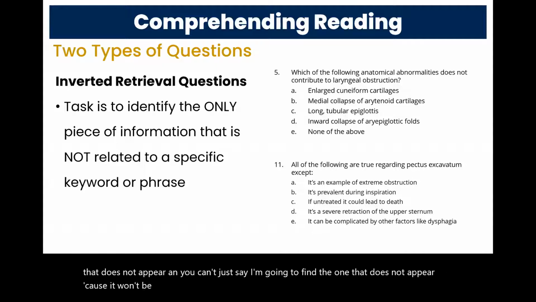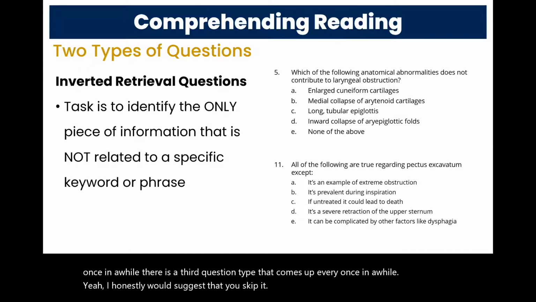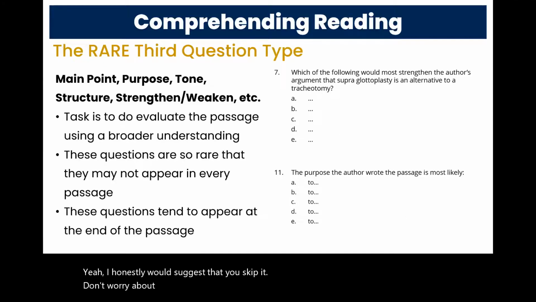So the only way you can do that is looking for everything else. Now, every once in a while, there is a third question type that comes up. And I honestly would suggest that you skip it. Don't worry about that question if it shows up. The rare third question type, which is main point, purpose,